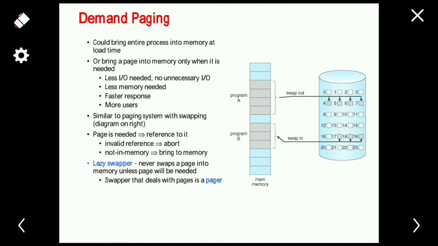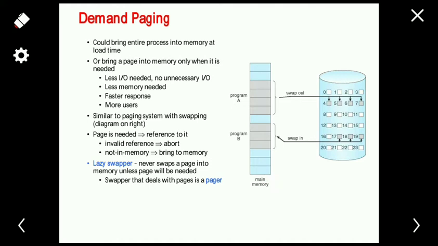So for that, we are using a secondary storage device. Okay, so whatever part of the program we are not using, it is swapped out to the secondary storage device. Okay, and the programs which are needed to execute in the main memory are swapped into the main memory. So this is somewhat similar to swapping.